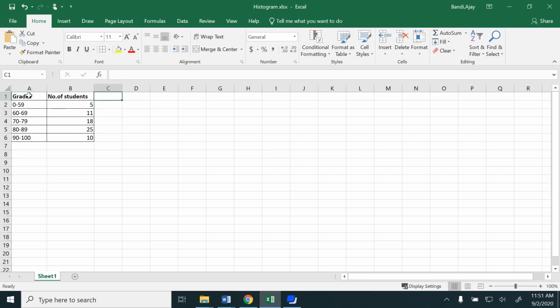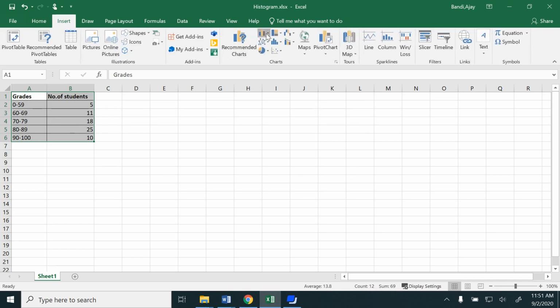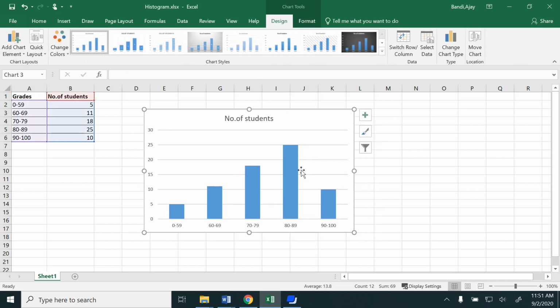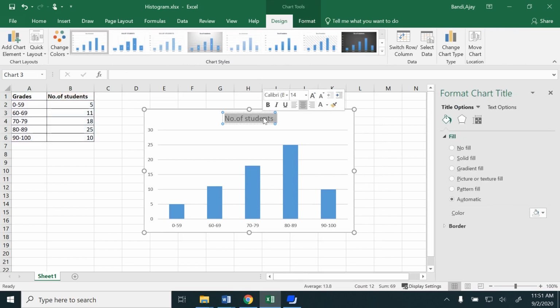As I mentioned, you could draw either a column chart or a bar chart. Let me show you the column chart in this video. Select the data, go to Insert and choose the column chart, and you will have this particular chart. Okay, so you could rename this with a histogram,